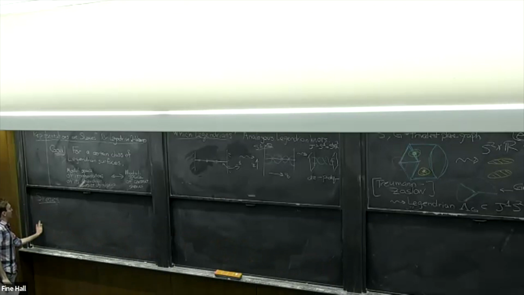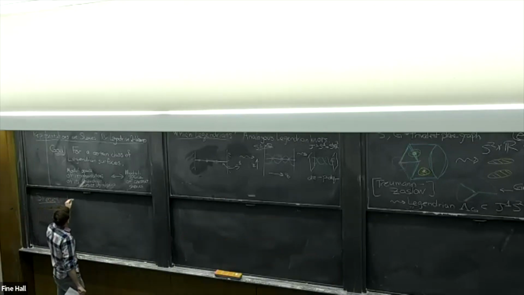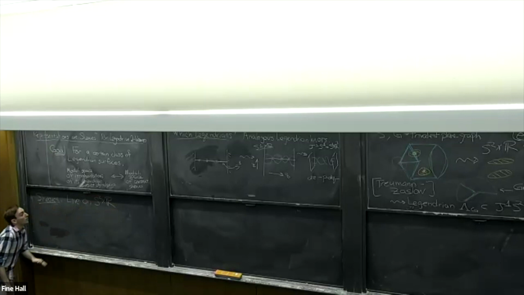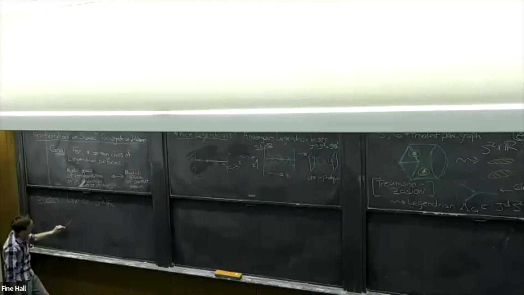So what should the sheaves be? Well, the sheaves should be constructible sheaves that live on S2 cross R. And they should look something like the following thing. So if I imagine I have a trivalent plane graph, let's just suppose that I have a face of this trivalent plane graph